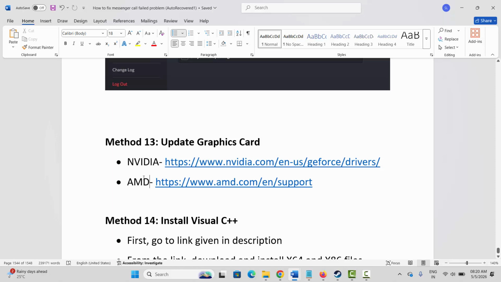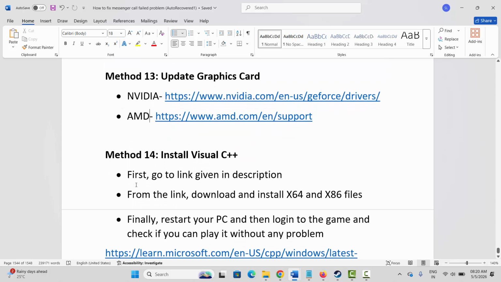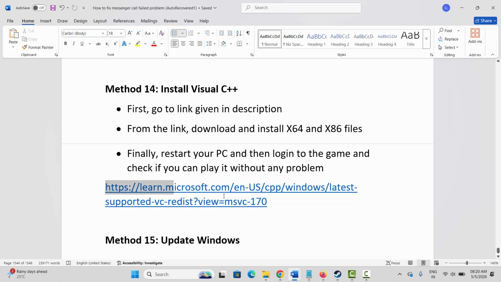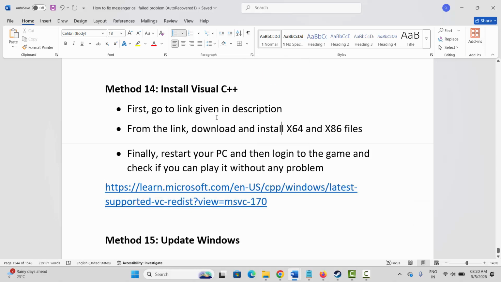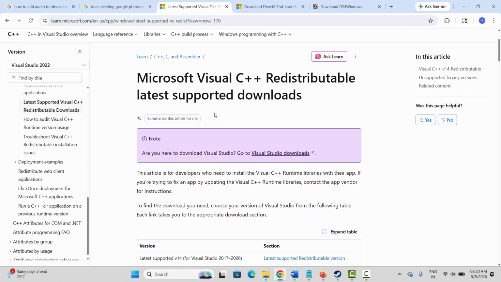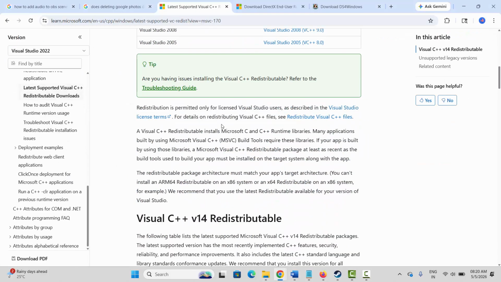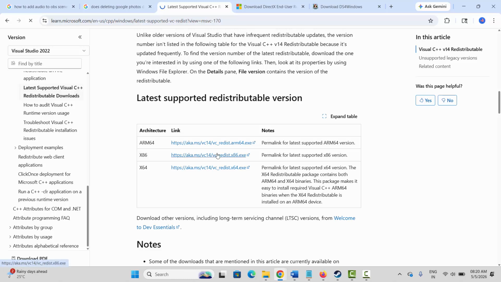Next is to install Visual C++ files. For that I have already provided this link in the description. Just copy and paste it in your browser, or even you can search for Visual C++ files in Google. After opening the website, go below. From here you have to click on the link to download. Once it is downloaded,